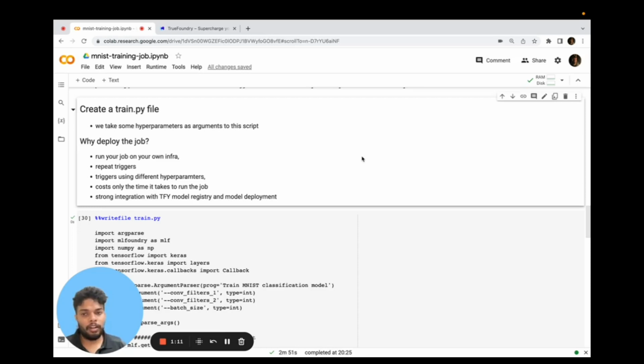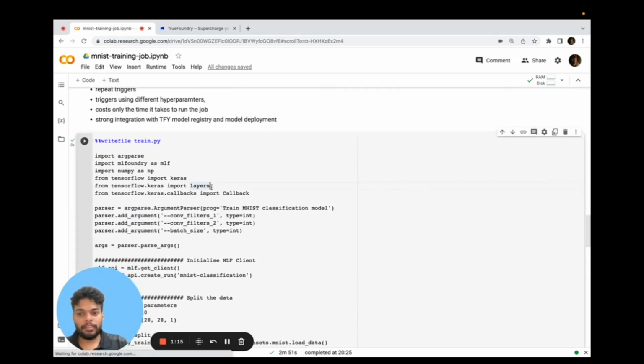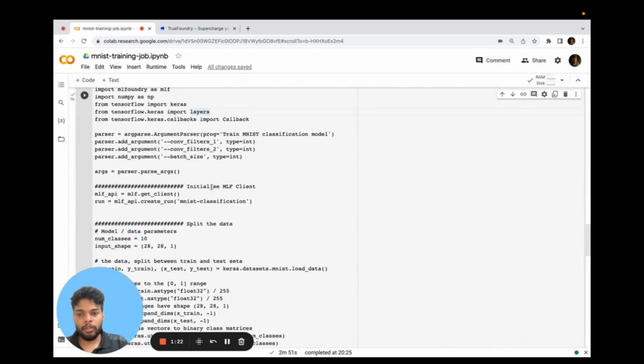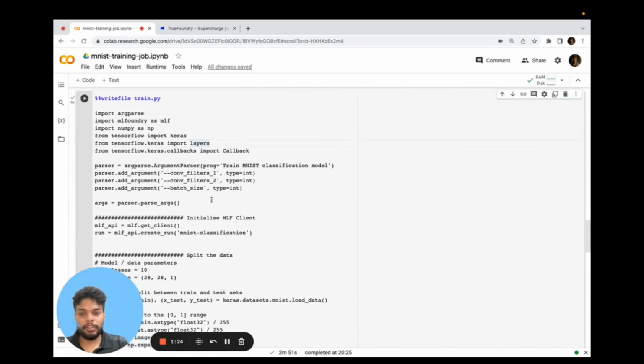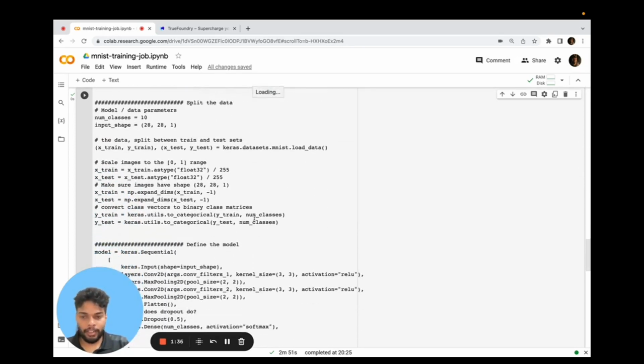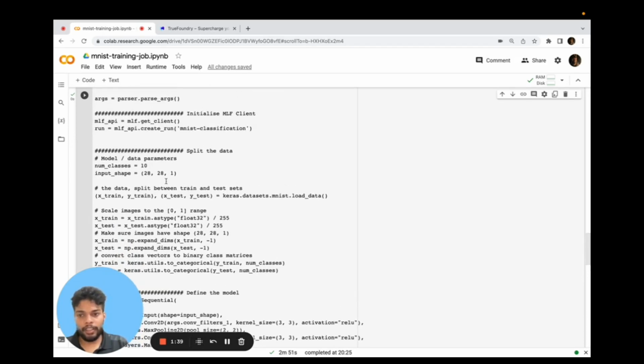So how do you deploy to Foundry? That's what we'll see in the following blocks. The first thing I do is I create a train.py script, which is pretty much like the script that we ran above where we train the model. The only difference here is that I'm using an argument parser to get some hyperparameters in. The hyperparameters that I'm getting in are the number of filters for convolution layer 1, the number of filters for convolution layer 2, and the batch size. As you can see, instead of the fixed values that I used in the previous script, these are now taken from the